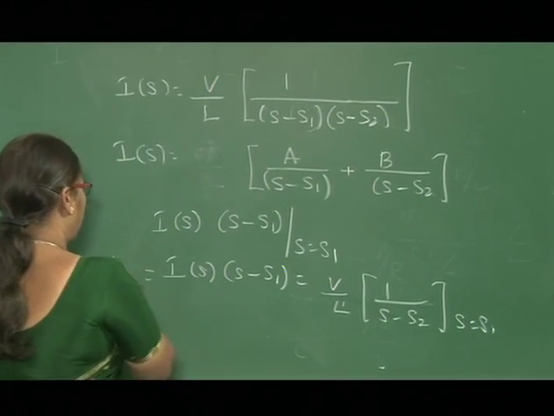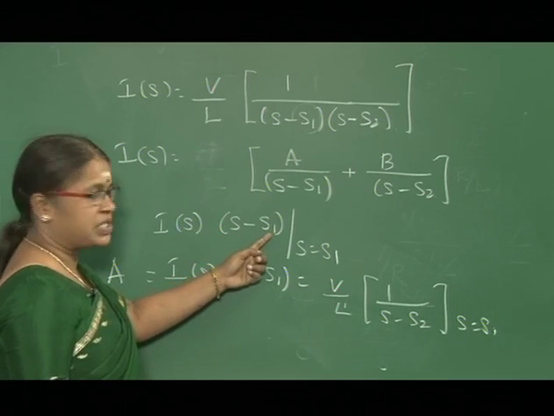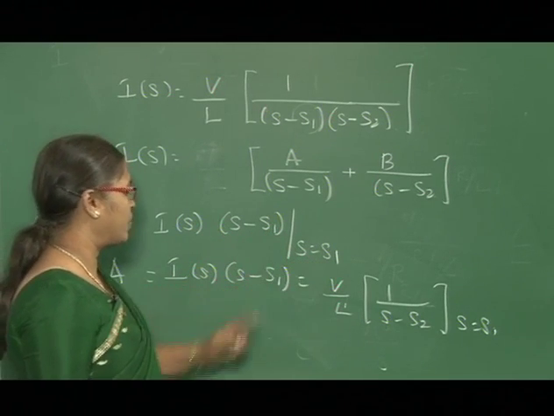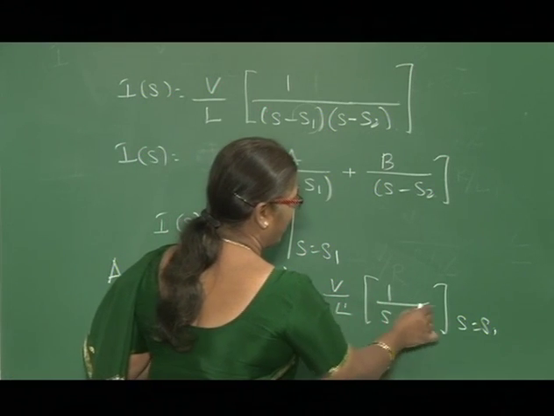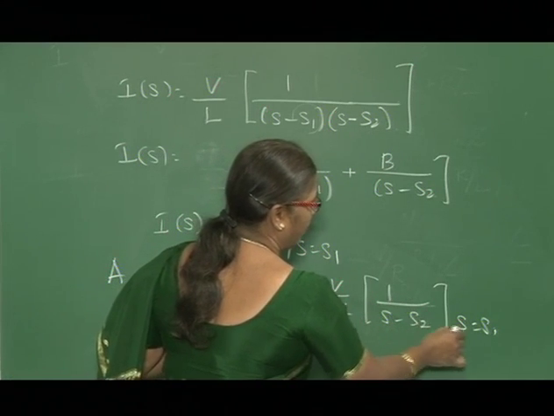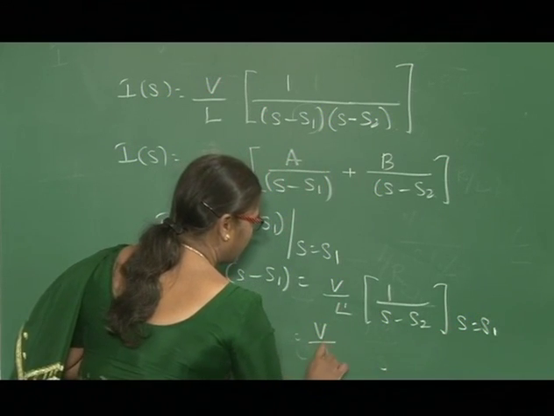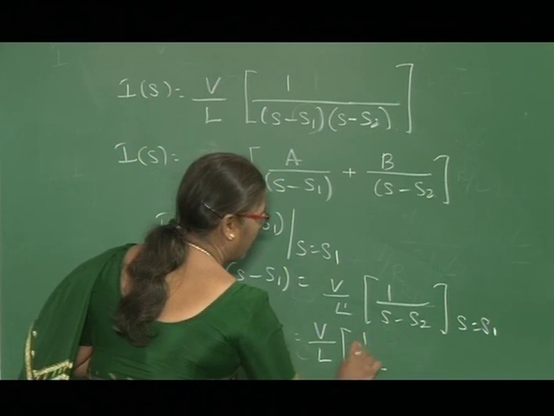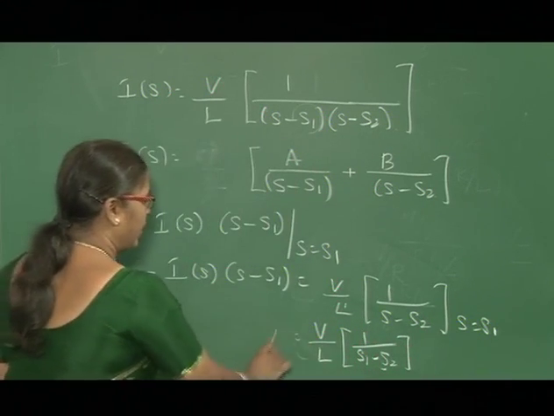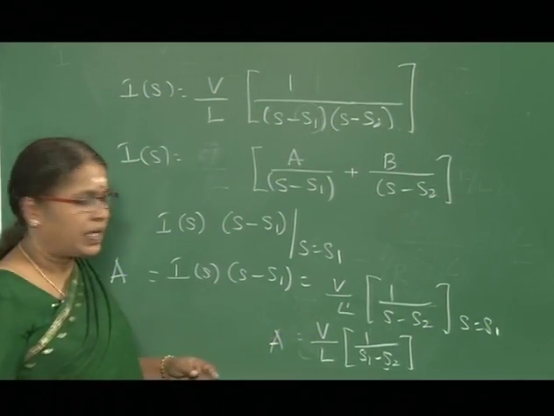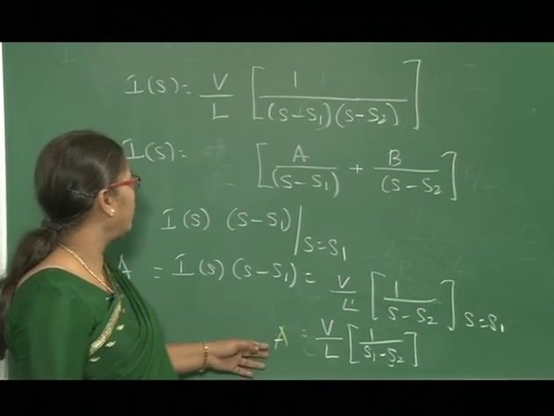To evaluate A, I need to multiply the I of s expression by s minus s1 and substitute s equal to s1. So, the value is V by L into 1 divided by s minus s2, where s is replaced by s1. So, the constant A is V by L into 1 by s1 minus s2. This is the value of A. In a similar way, to find the value of B,